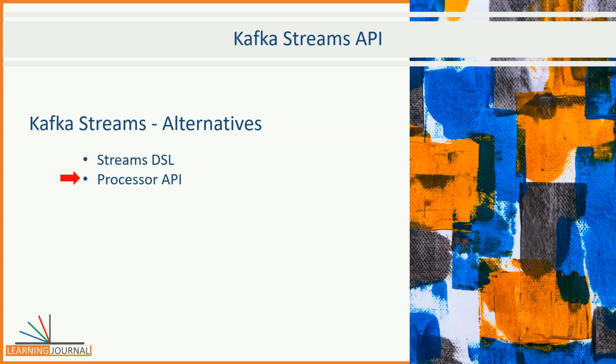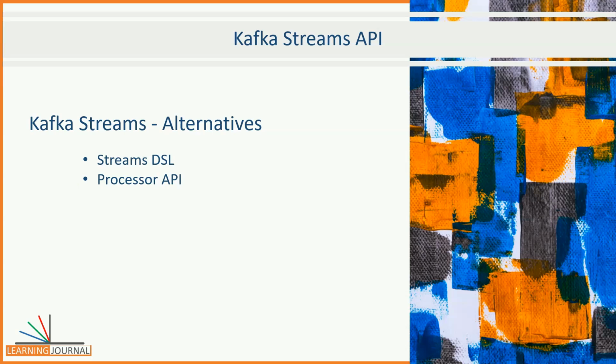Processor APIs are the low-level APIs, and they provide you with more flexibility than the DSL. Using the Processor API requires a little extra manual work and code on the application developer side. However, they allow you to handle those one-off problems that may not be possible to solve with a higher level abstraction. We will primarily focus on the Streams DSL in the next few sections of the course. However, in the later parts, I'll also get into the details of the Processor APIs, and I'll help you understand that additional flexibility. Great!